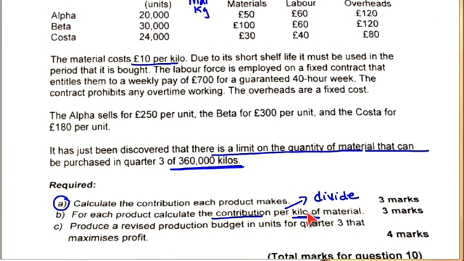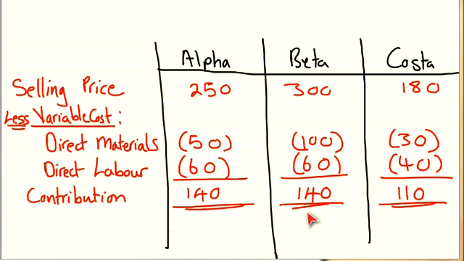If I say 50 divided by 10, this should give me 5 kgs for the first one. I do the same here again. 100 divided by 10 gives me 10 kilograms. 30 divided by 10, this gives me 3 kilograms. Alright, so that's what I'm going to do here. I'm just going to put my materials